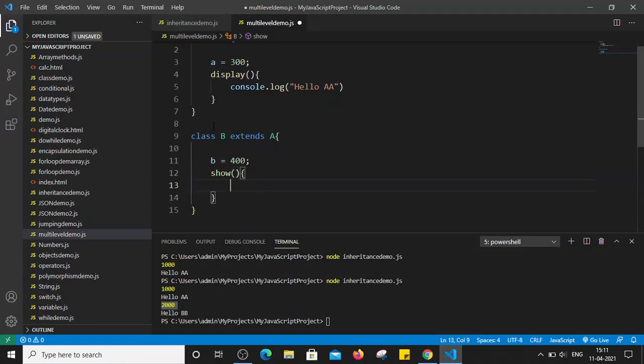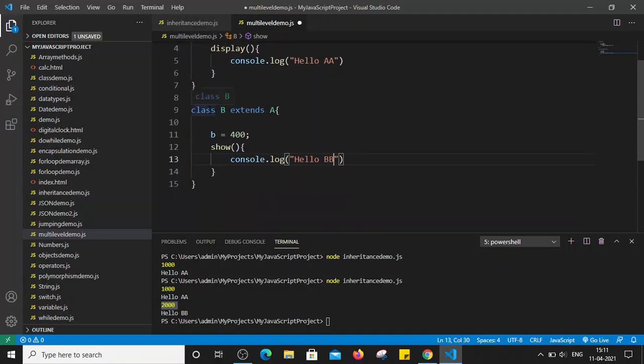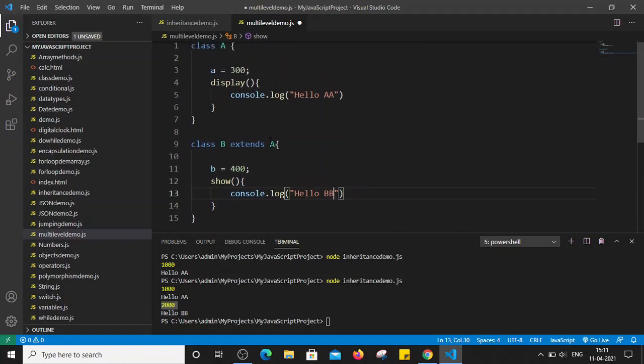It will simply print console.log hello bb. Class b extending class a means class b is a child of class a, where class a is the parent class. So a class b object can access the properties and methods of class a.